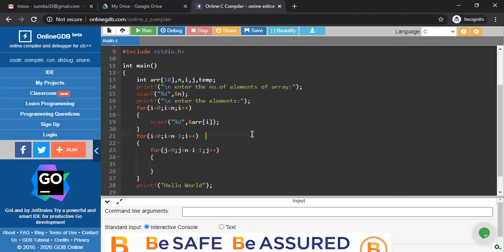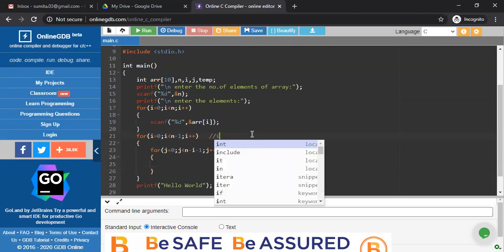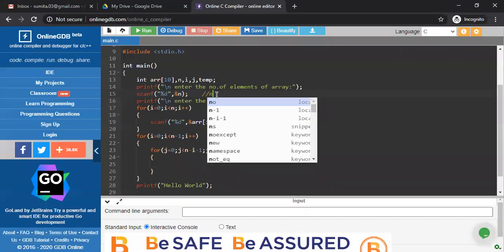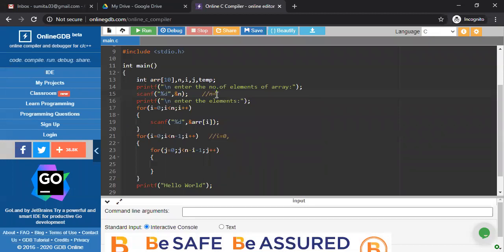I'm writing it in that place. Suppose the first time my loop is executed, I equals 0 here, and in that particular line we are taking the n value as, say, 8 here, and here we are taking some values randomly. Okay, something like that, no problem.